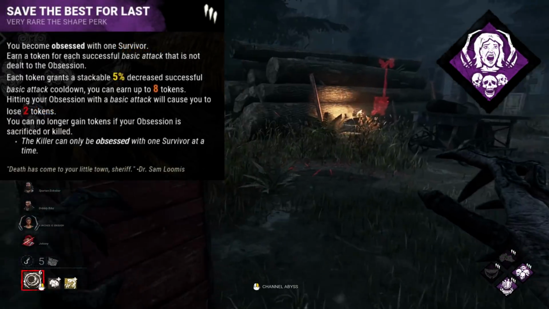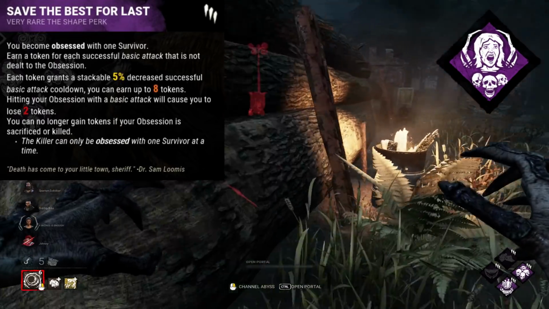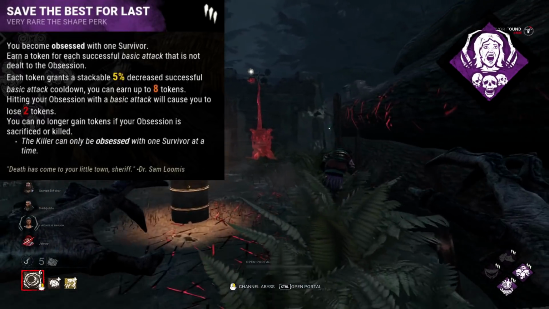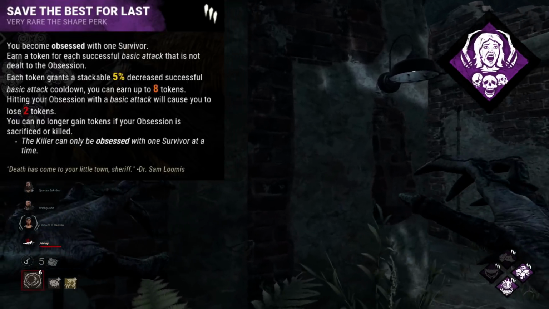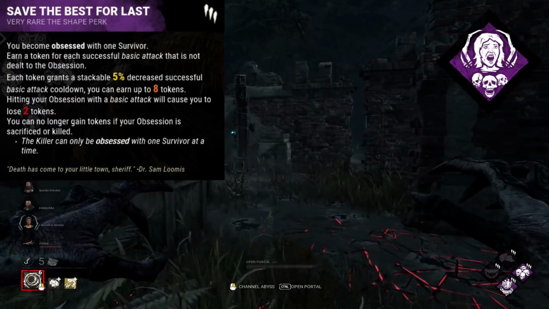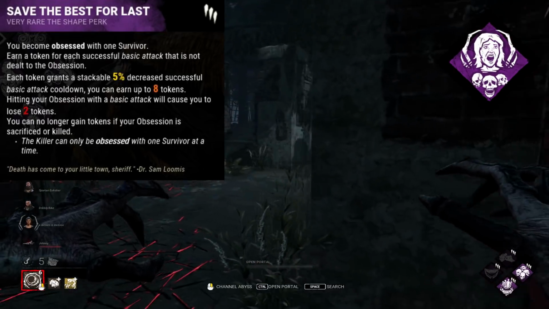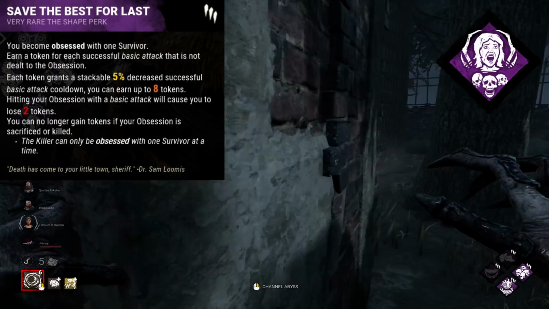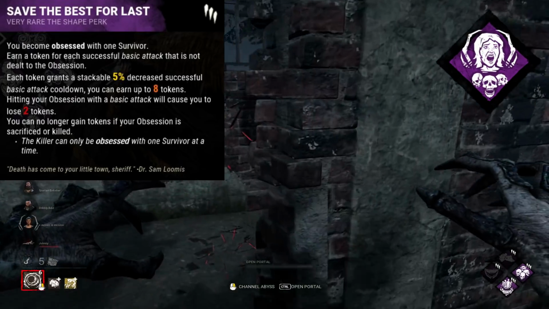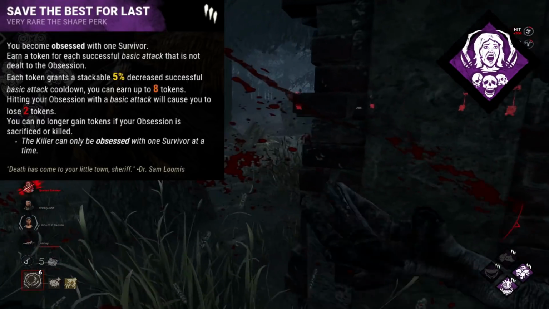For Demogorgon we have Save the Best for Last. This perk is pretty conventional for Demo, and it's the best usage of Save the Best for Last you can get, I feel. For every basic attack you land on anyone aside the obsession, you'll get a 5% reduction in cooldown after successfully landing an attack. So when you're wiping blood from your weapon, it's faster basically, allowing you to increase chase potential and maintain pressure,